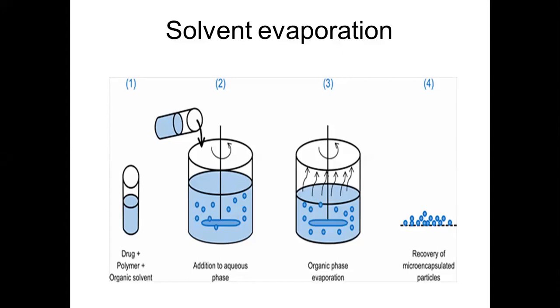So, in the last lectures, we started the different methods that are used for the microencapsulation process, in which we have covered two methods: the air suspension method, and the second one, the phase separation coacervation method. In today's lecture, we discuss the next methods that are used for the preparation of microcapsules, in which the first method is our solvent evaporation method.